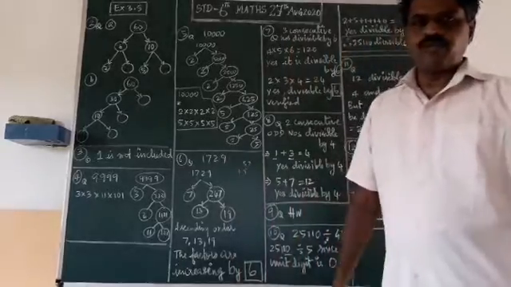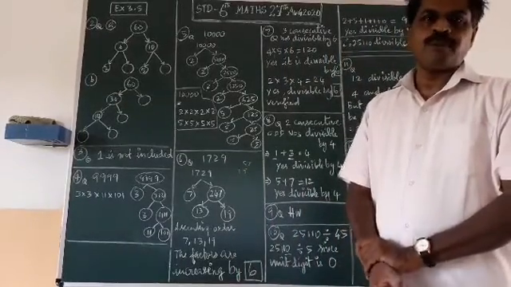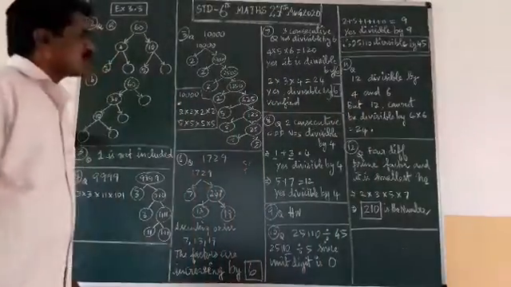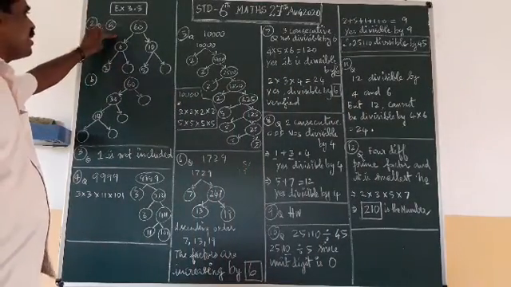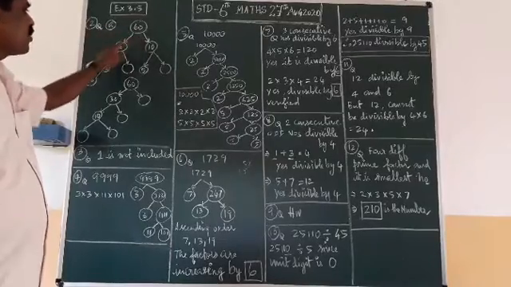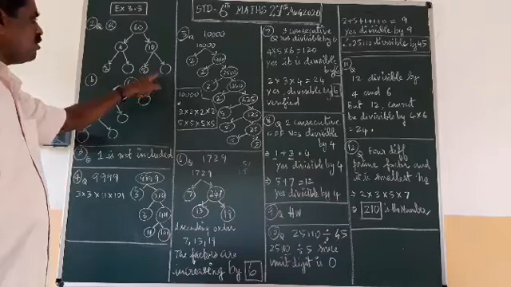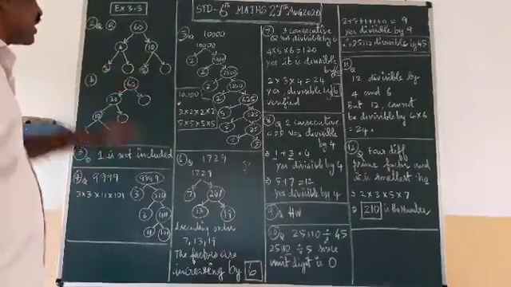In the last class, we did exercise 3.5, the first question, true or false, and I gave some problems as homework. Today, we will continue with the second question. In the second question, a factor tree diagram is given: 60, 6, 10, 2, an empty box, and 5, an empty box. What will be the missing factors there?